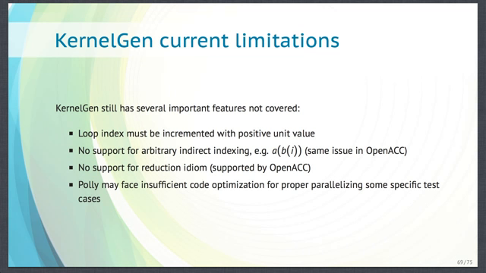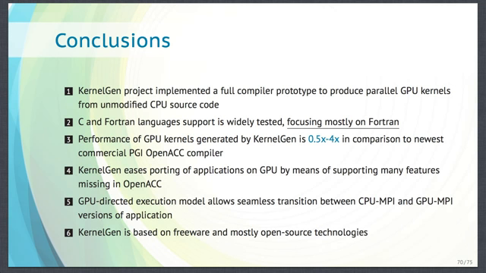We currently do not support reduction at IDIOM. However, it's currently supported by OpenACC. Yeah, and we may face some complications with code generation just because it's prototype, it's preliminary version. But still,